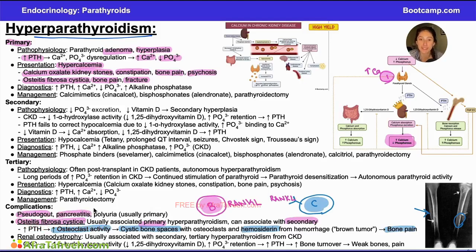These are all pretty low yield and pretty rare associations, but I did include them for completeness. And then finally, polyuria. This actually is not that uncommon. Patients with primary hyperparathyroidism can certainly have polyuria, so it's great to think about some of these parts of the